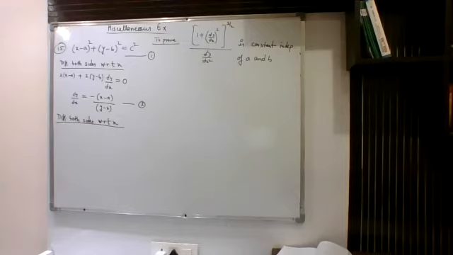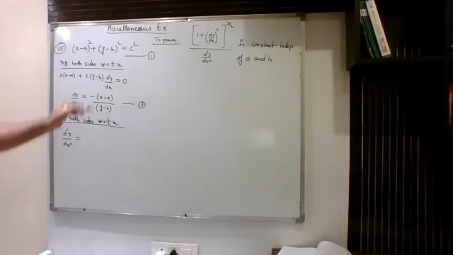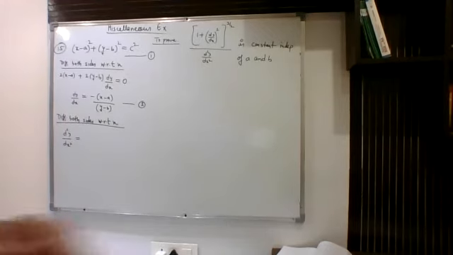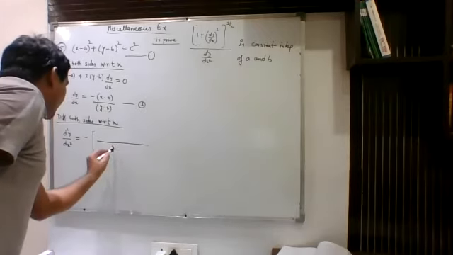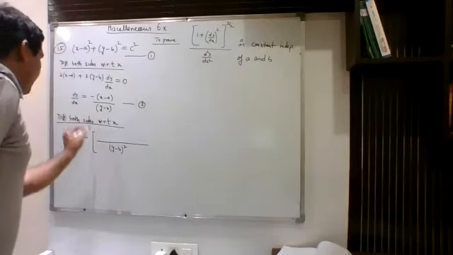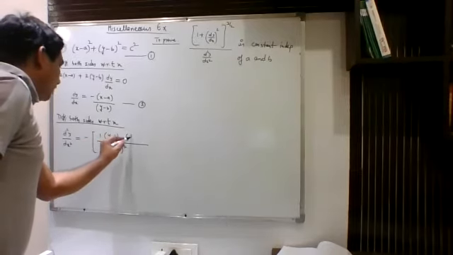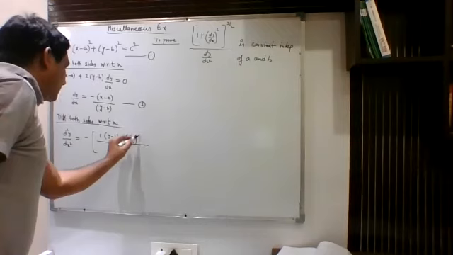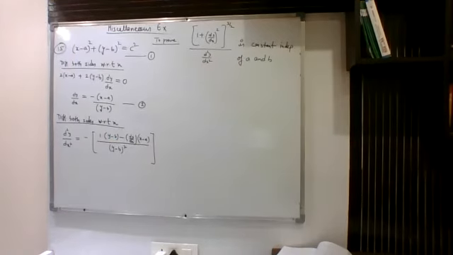So when you differentiate both sides with respect to x, the double derivative is equal to, now here we need to apply the quotient rule. Let us keep this minus sign outside and apply the quotient rule. So it will become (y minus b) whole square in the denominator. Derivative of the numerator is simply 1, denominator as it is, minus the derivative of the denominator, which is dy upon dx, and numerator as it is. So this is what you will get when you apply the quotient rule.